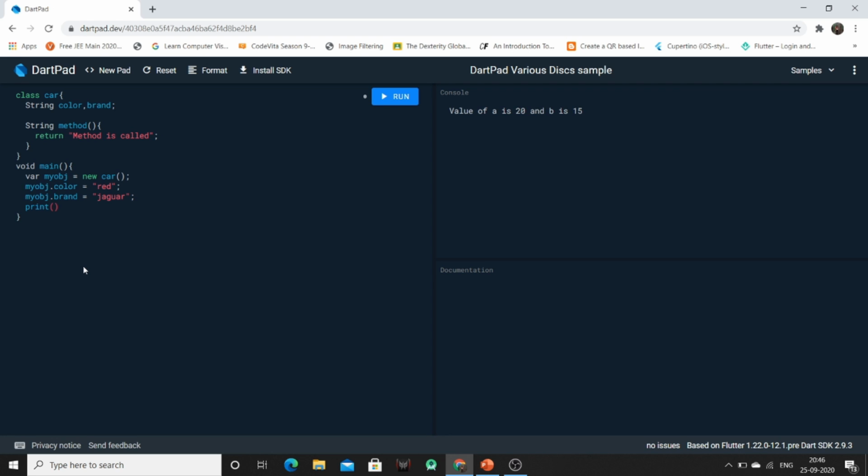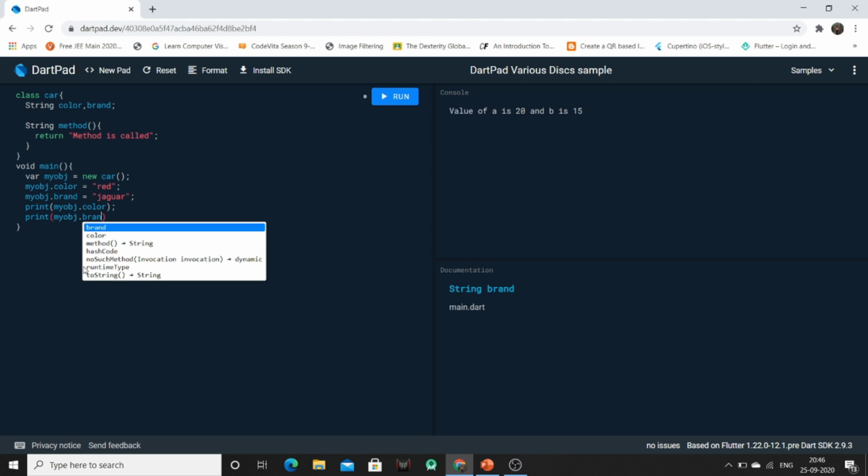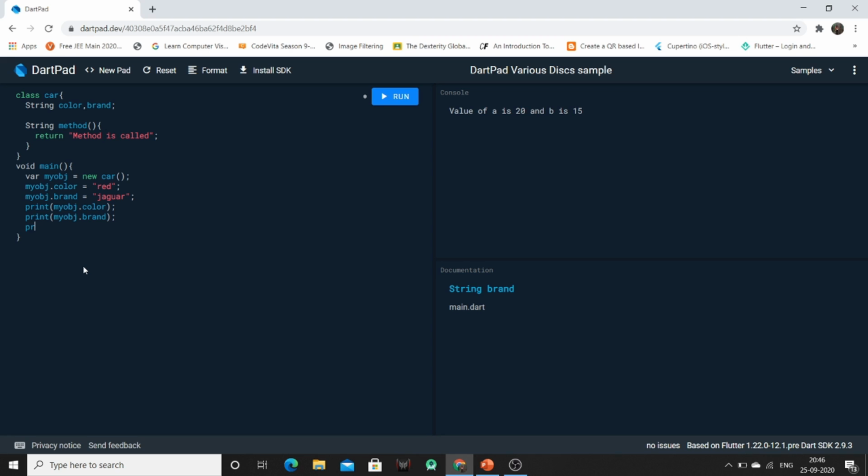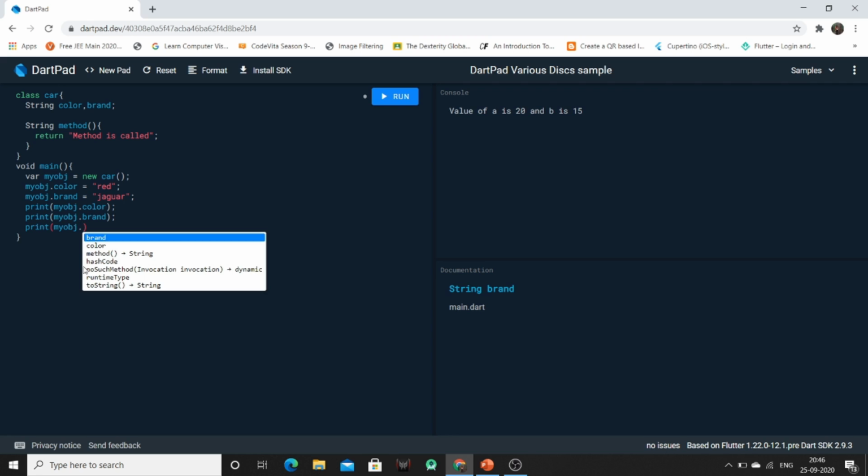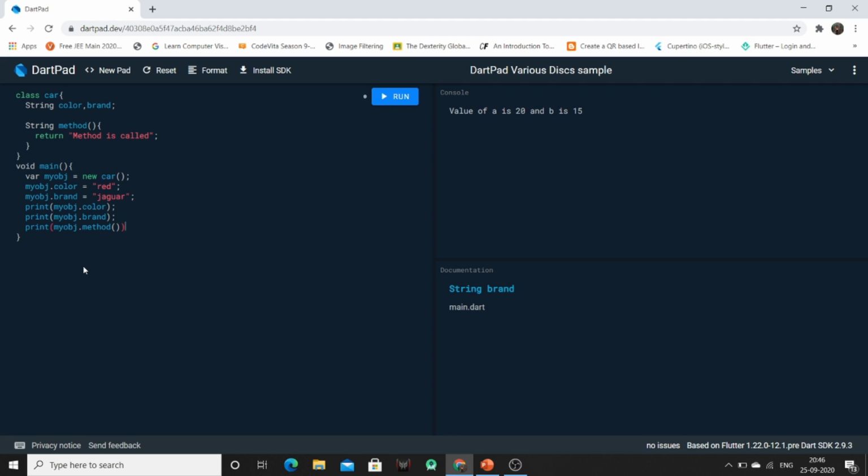Now we can print the values of these variables. We can also call the functions or methods of the class car, and this will print the values of the variables as well as the methods.